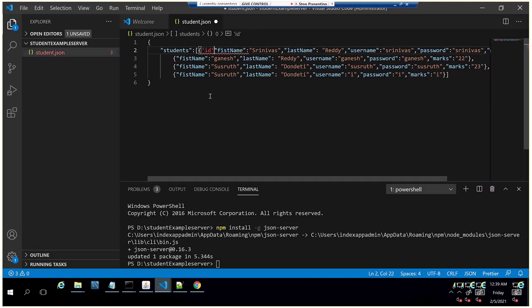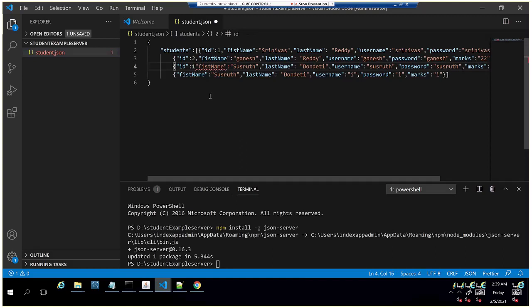So ID 1, and for the next record I'll add ID 2. It is a unique identifier for the record, like your student ID in your school, right? So I created four records here.